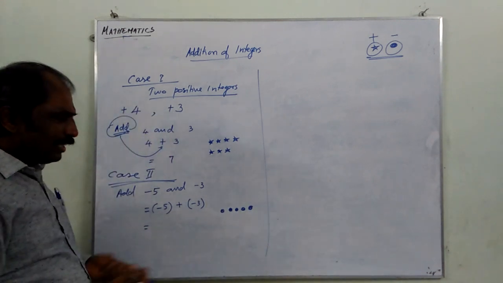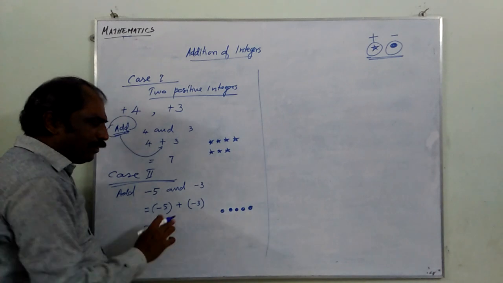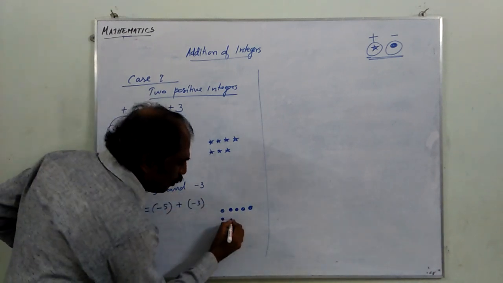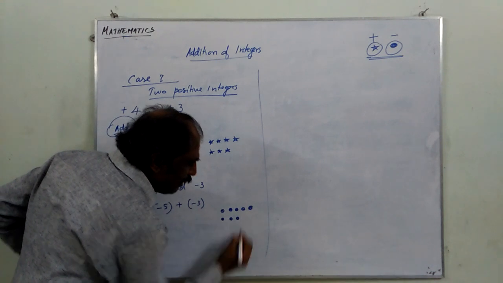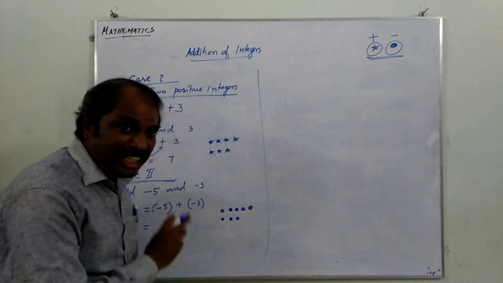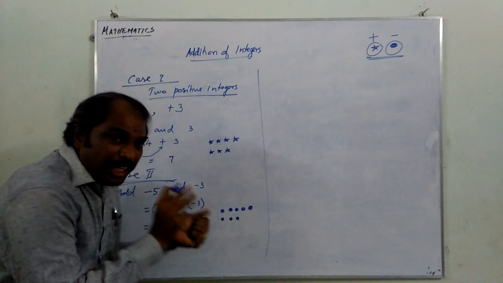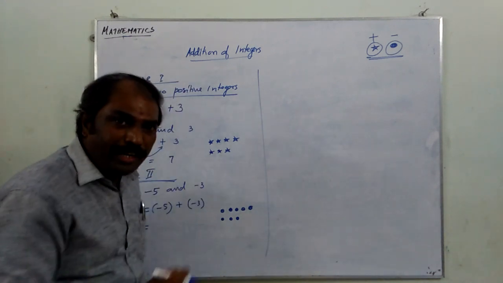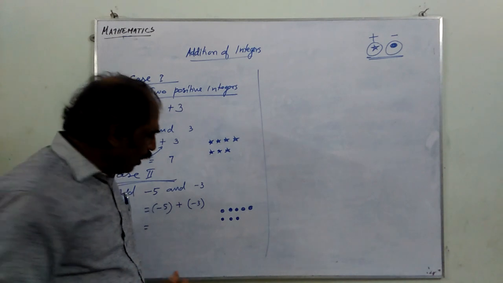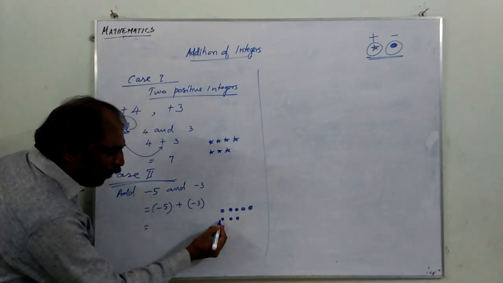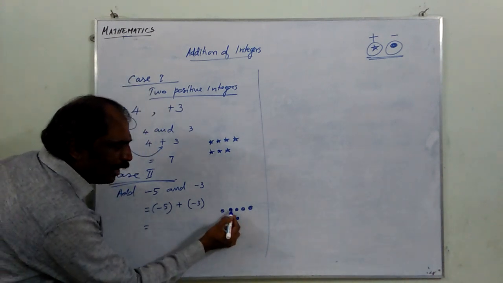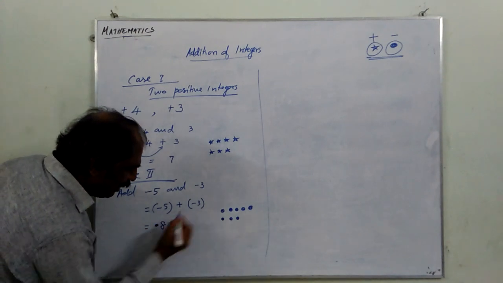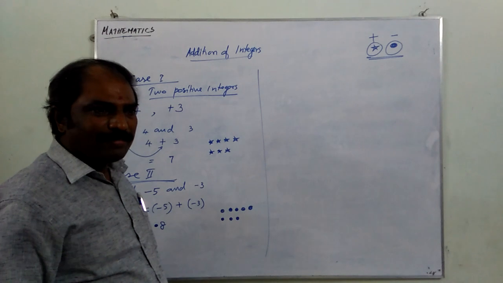5 dots. Then next we are going to add these 5 dots with how many dots? 3 dots. Yes. 1, 2, 3. Now, are there any stars to catch the dots? No. Then will any dot go away? No, not at all. Then how many will be there? 1, 2, 3, 4, 5, 6, 7, 8. The dots will be how many? 8 dots will be there.